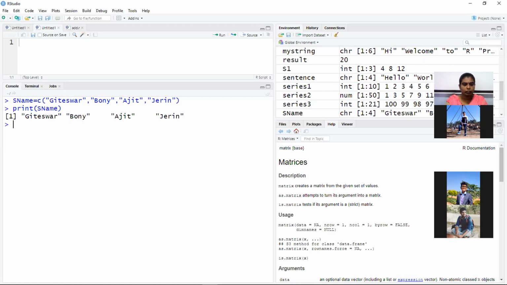Okay, done. Now I'm going to create the marks.